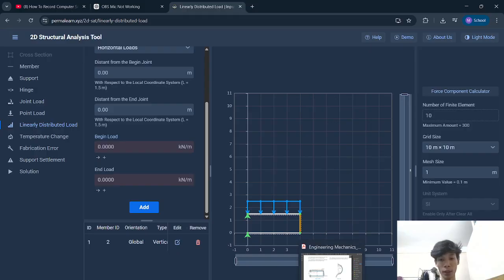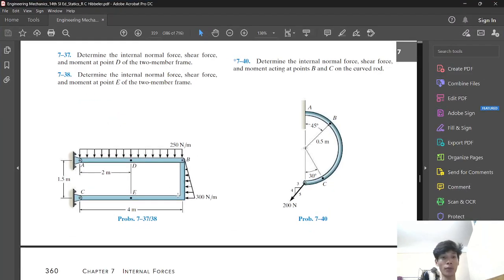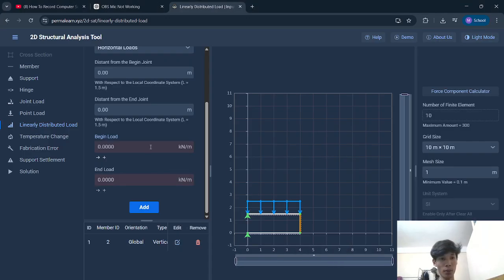So now I want to check again. Yes, from this upper and down to point B, and now the bending load is 300 Newton meter. So we convert this to 0.3, and we need to put minus,